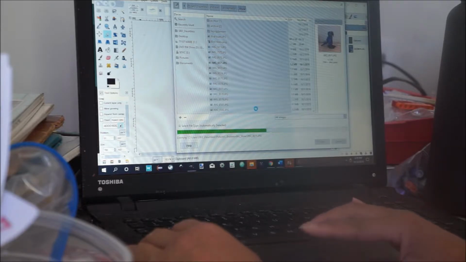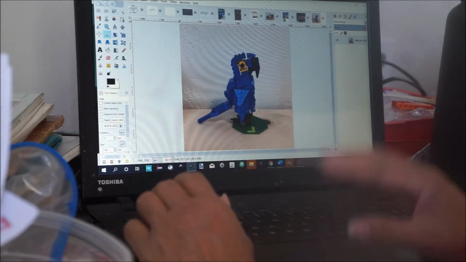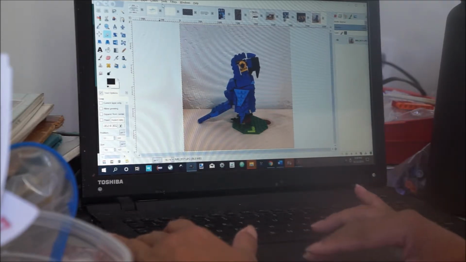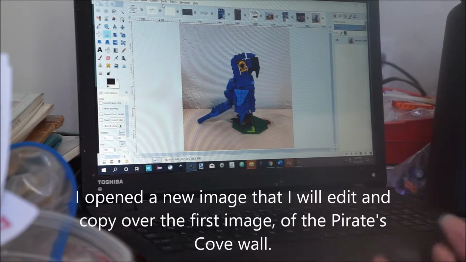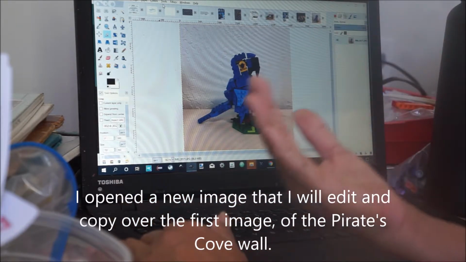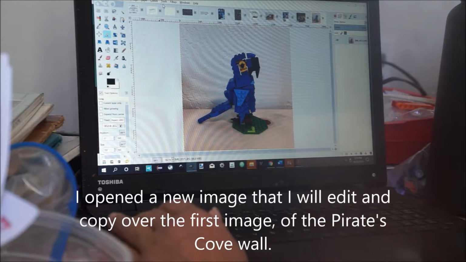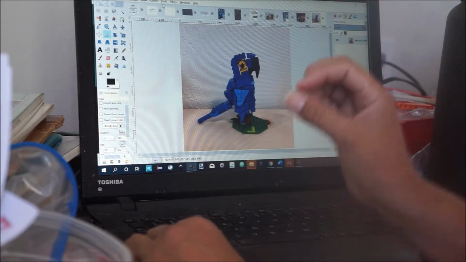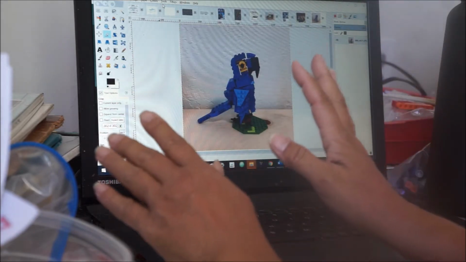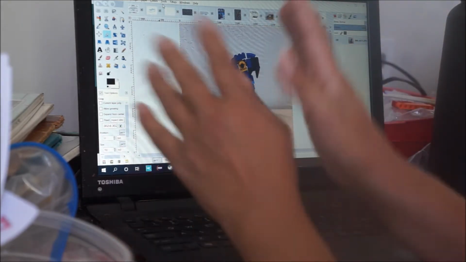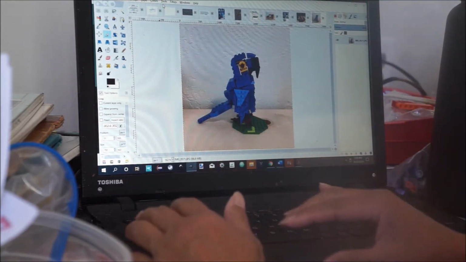So I am in GIMP. GIMP is a great tool. It's open source and free to use. And what I've been using it for mostly is layering. If you're not familiar with layering, it's as if you have a transparency and you draw on one, and then you put it on top of another and you draw on the other one. So then you have layers of color and